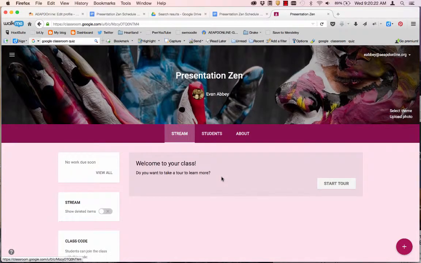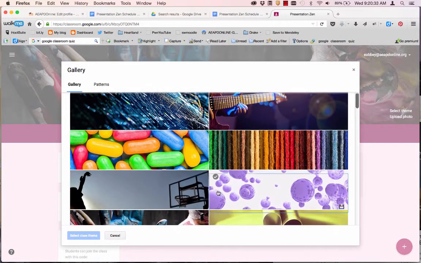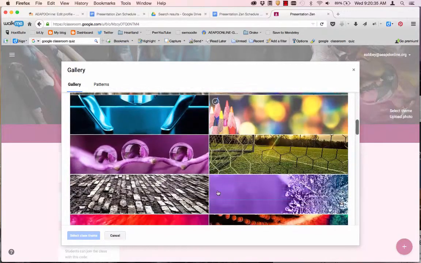And there we go. One of the things that's nice, it comes with pre-made templates. You can go and change your theme if you would like. You can change your photo if you would like. Presentation Zen